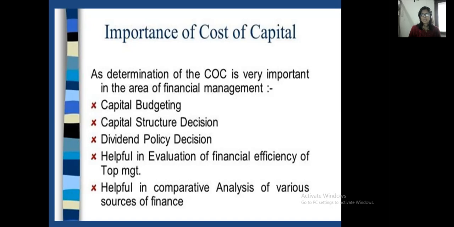Next one is helpful in comparative analysis of various sources of income. When we are going to make a comparative analysis, it means we are not able to say that this source of income is good because I like it, and this one is not good because I didn't like it. Because actually we have to find out the reasons why we are accepting this and why we are